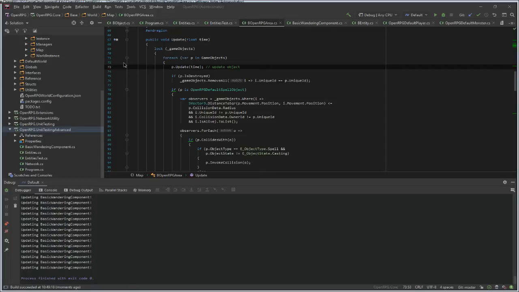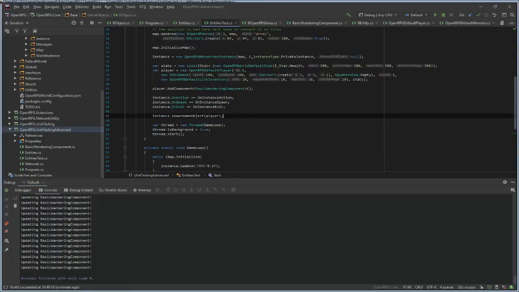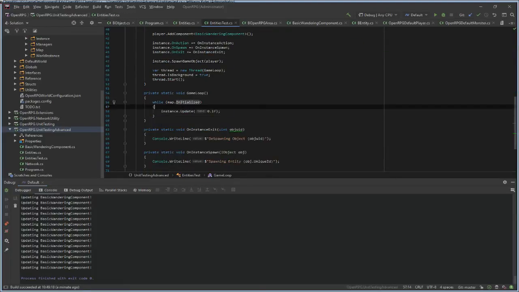Smart. Oh, it's 12% CPU, 13, 14. I have to make some update limits here. So how do I do it?